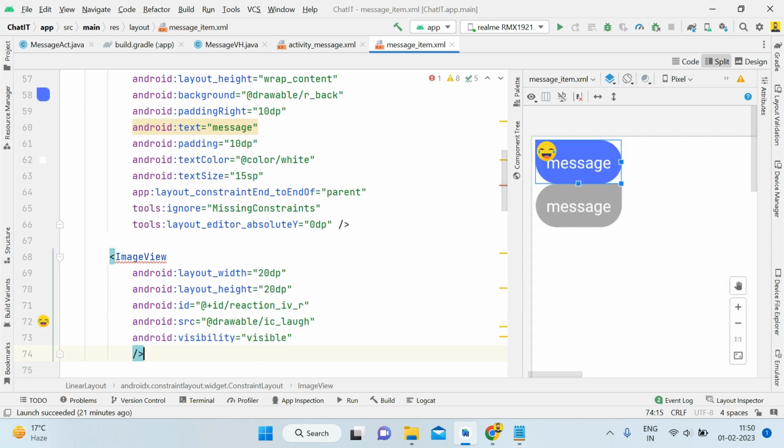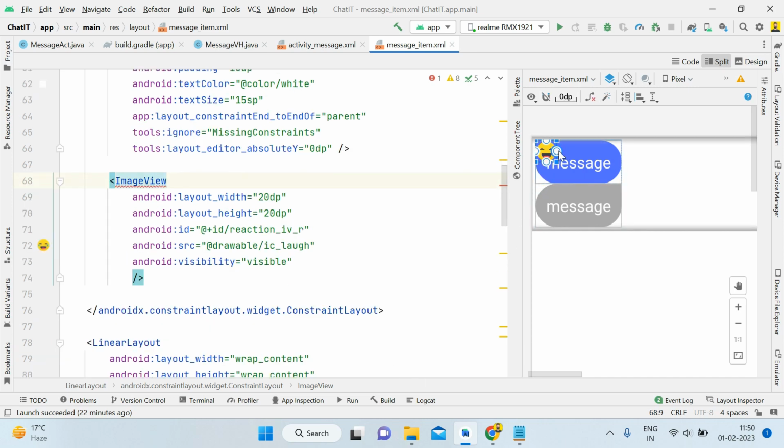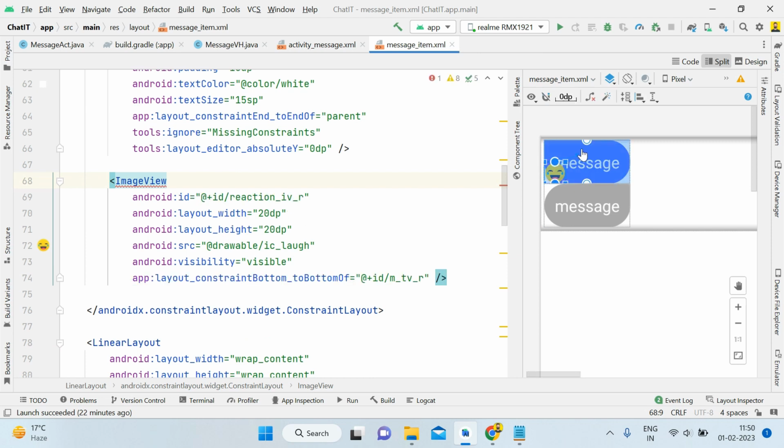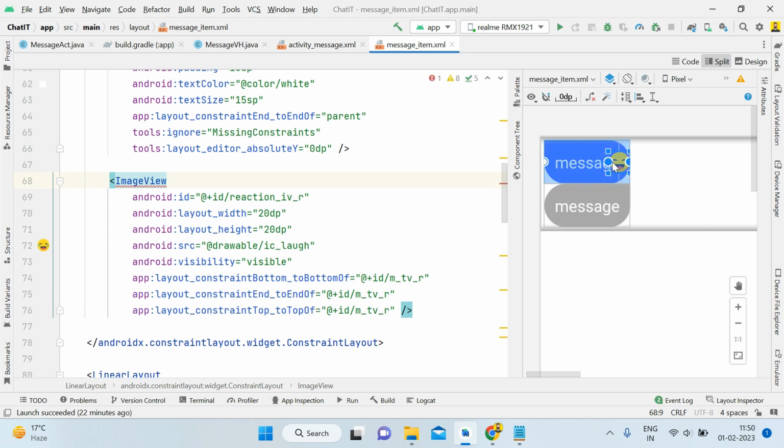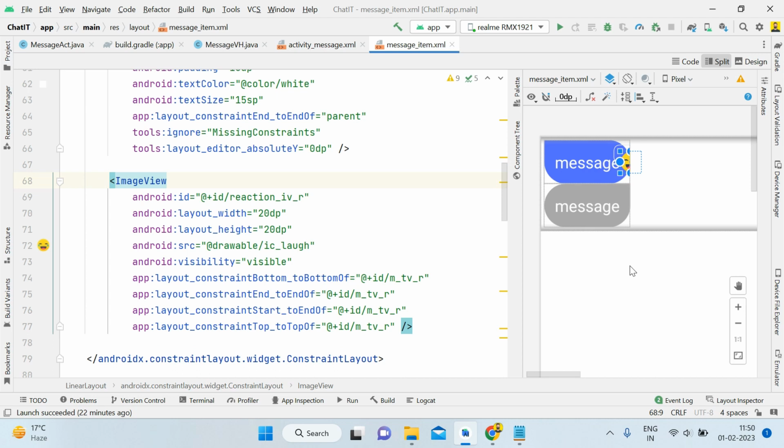Okay guys, now we will fix its constraints. You may be thinking why I'm using the constraints for giving the effect of emoji at the bottom of the text. How exactly is it going to happen? Let me show you. Just a minute. So guys, first of all click on this emoji. Then first of all we will get its bottom constraint. Then the right side. Okay guys, and then you have to again give it to the right side. So now you can see that the emoji is in between,